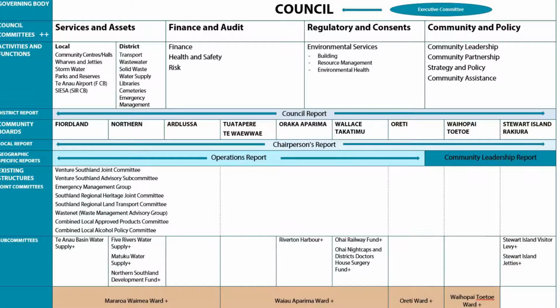So given the significance of the change itself and the importance of the new structure working, we've been doing quite a bit of work on thinking about how we best support the new governance structure at a staff level, and what are some of the processes we need to have in place to make that easier and work more effectively. So we are, for example, proposing a number of new processes such as quarterly service delivery workshops,